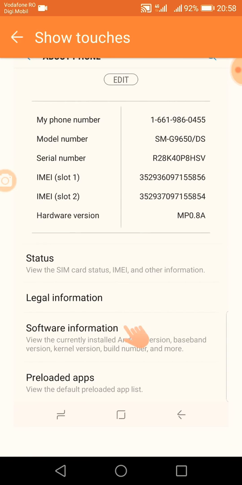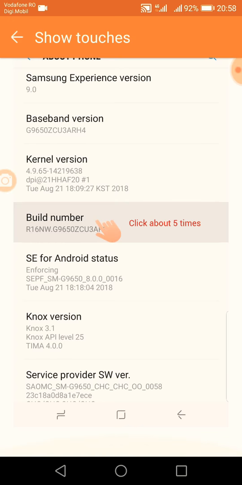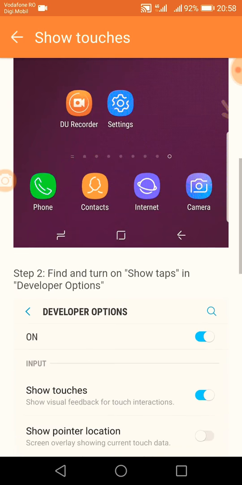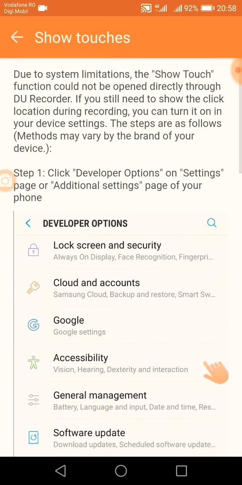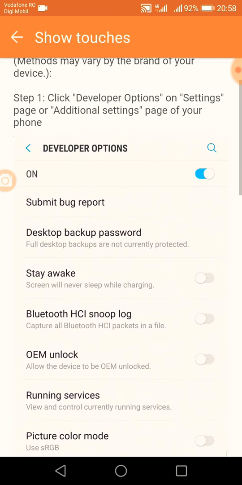You see all of this right here, you can see it. Show touches,